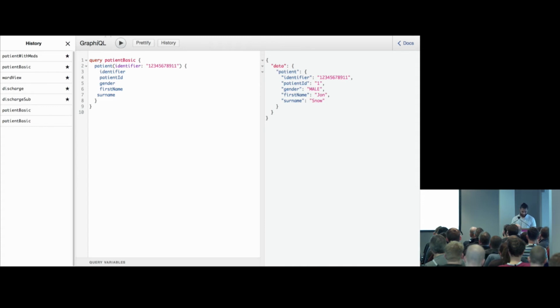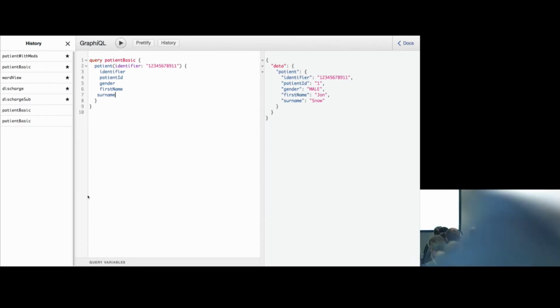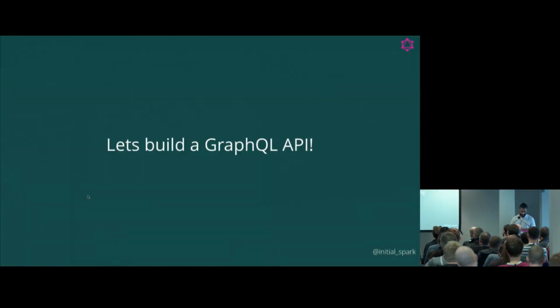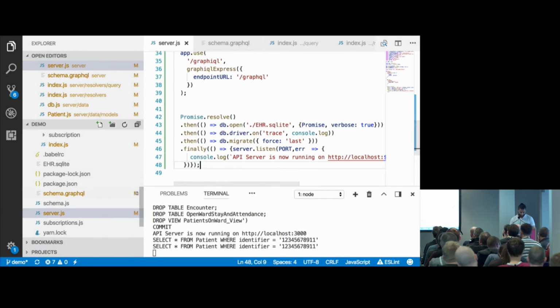Because for this example, we have basically just a patient field, but we don't have anything that's related to the patient. So a patient in our system will have medications, and it will have an admission as well, because they're an inpatient. So if we go back, the first thing that we'll do is we'll add,